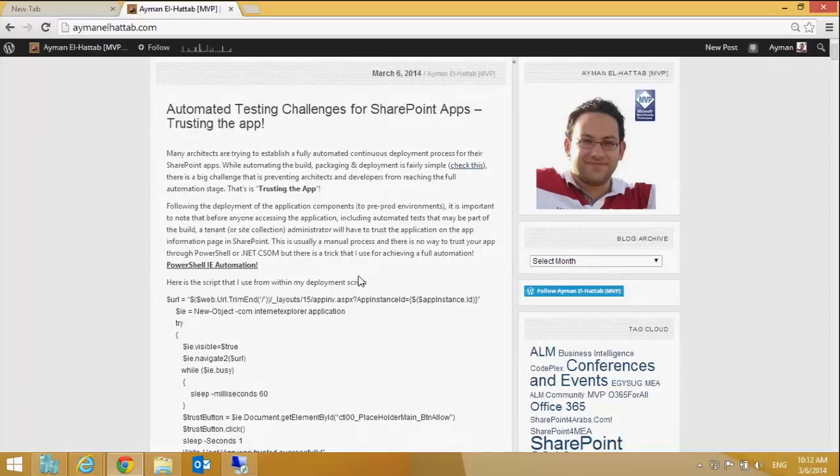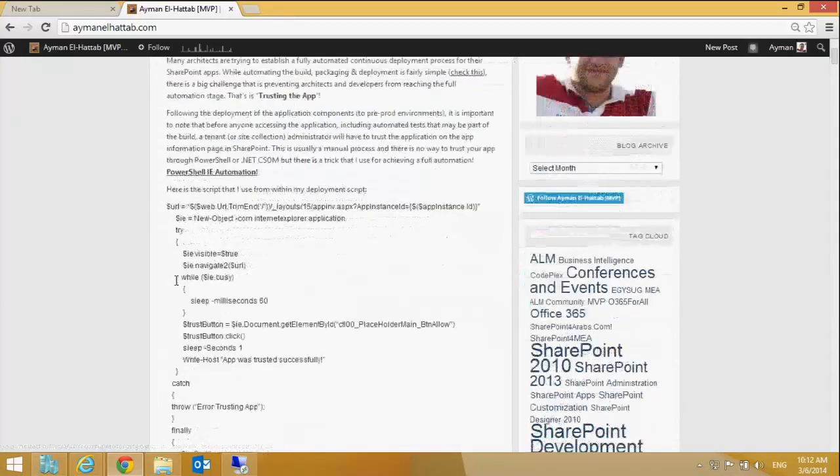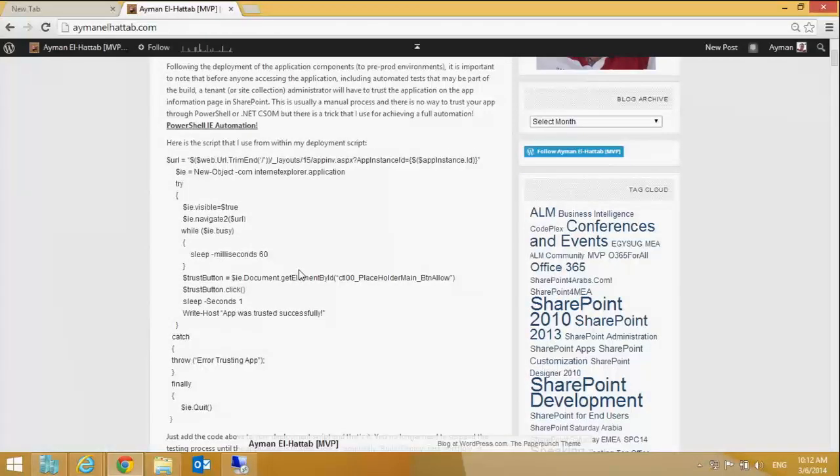I've blogged about this on my blog here. Here I'm retrieving the URL of the app information page, then actually using IE to go to this page, searching for the trust button, then clicking it. Yeah, and that's it.